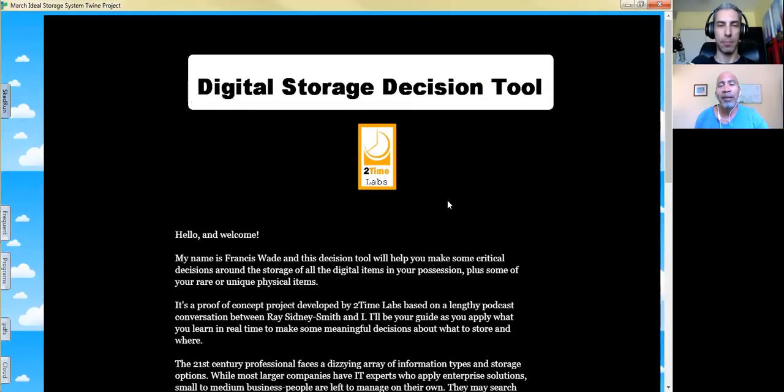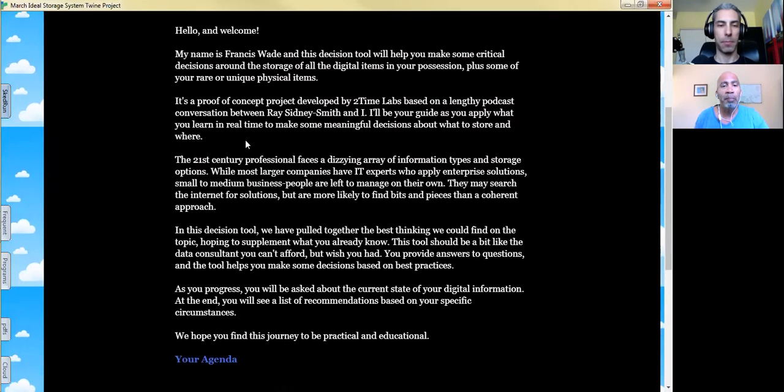So the tool starts with just an informational page and explains some of the background, why we put it together, and what we're hoping to accomplish. Essentially, it's a tool for small and medium-sized business people or professionals who want to put together all of the tips and tricks and advice that exists around the internet with respect to storing your digital information or small items. So we wanted to put this all in one place and to solve the problem of deciding, do I use the cloud for this? Do I use a hard drive for that? Do I use a CD for this? And